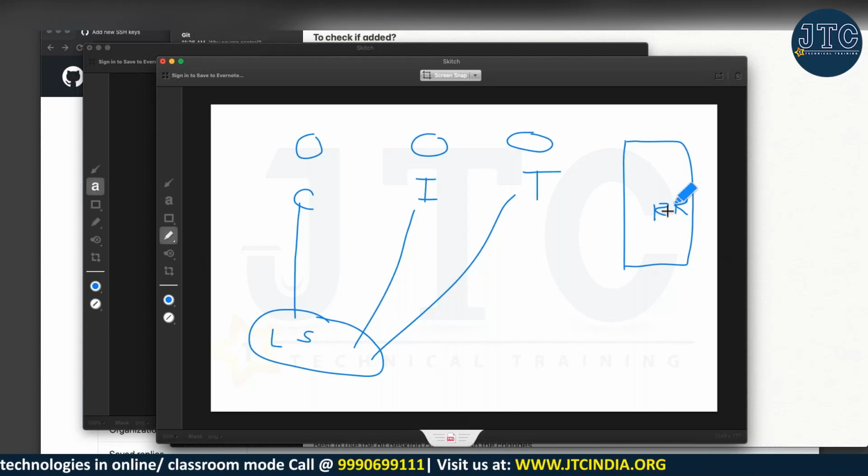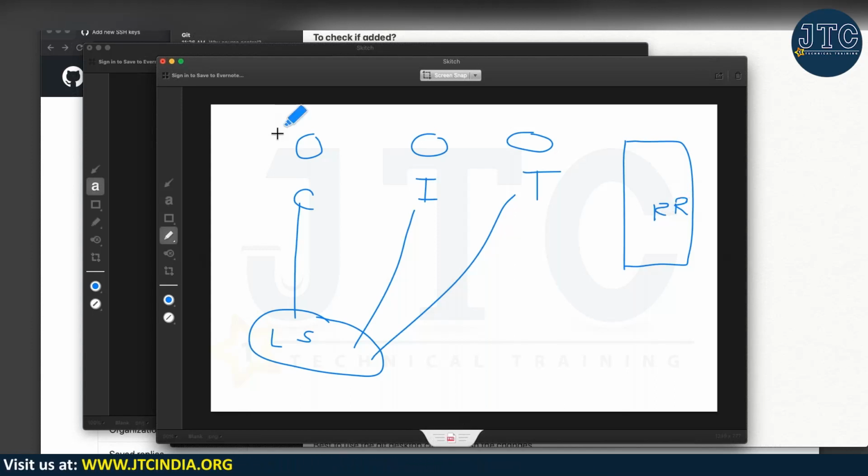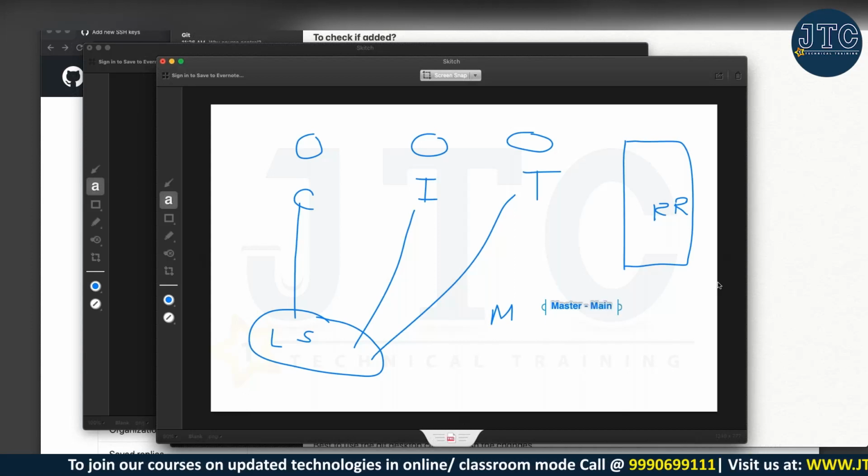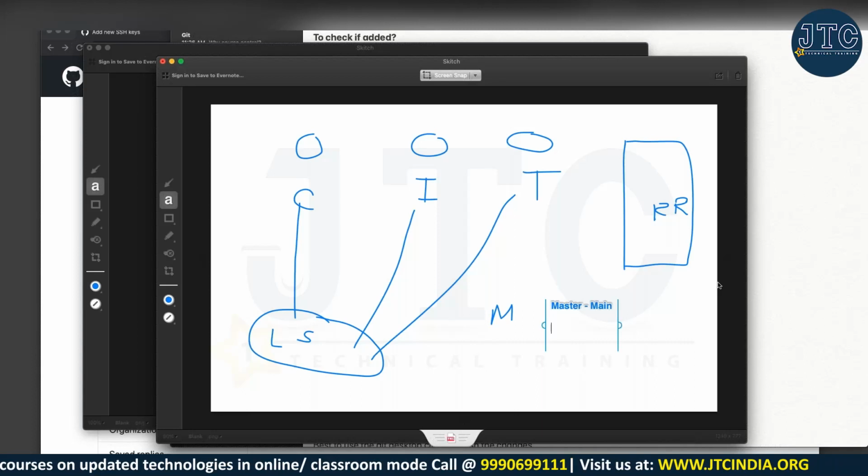It is global, everybody has to use it. Let's say there is a pi you are declaring globally. Now this pi variable everybody needs, so they will keep it here. So we call it the master branch. There is a branch called master, and now Git is telling that we will be calling that the main branch. Master or main branch means whatever the code base is under this, that will go to production.